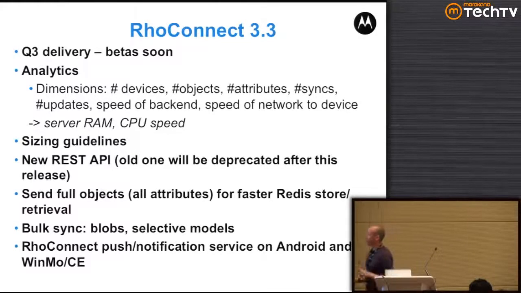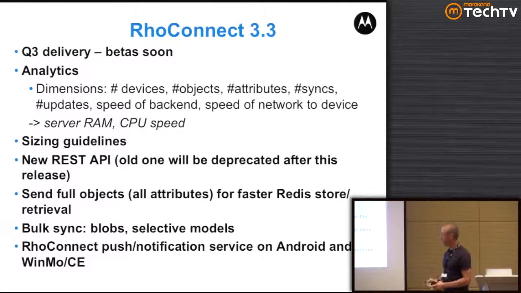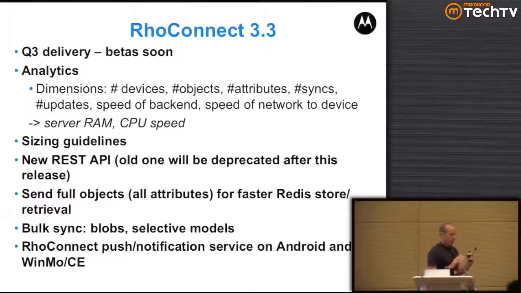The other thing is we're introducing a new REST API, so you should pay attention to that. You saw one of the REST APIs is like you could call the server to tell it to go ping. You can drive what RhoConnect does programmatically through REST. So we're modifying that. We still support the old one, but we're introducing a new one. We're going to make it faster for certain types of updates. There have been some scenarios where even though it scales really well, the individual retrieves of objects can take some time. So we're optimizing